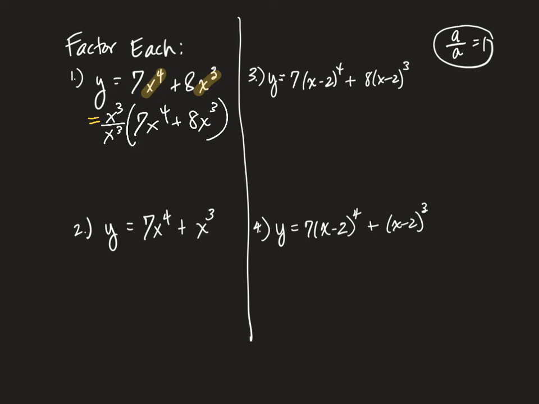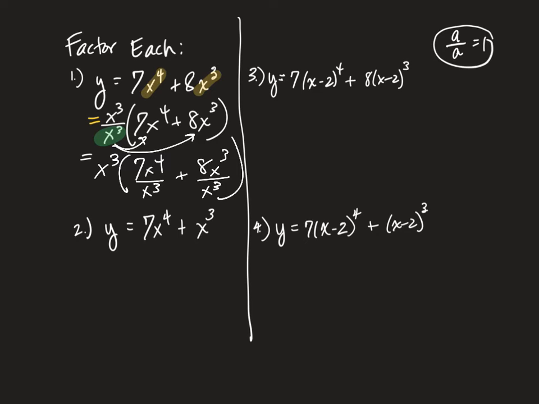So essentially I haven't changed that. X cubed over x cubed is equal to 1 as long as we stay away from x equals 0. So the next step is I'm going to take the denominator, and just the denominator here, and distribute that to each of these. So if I do that, I end up with essentially the same thing that I had before.